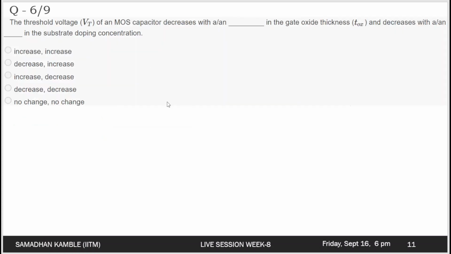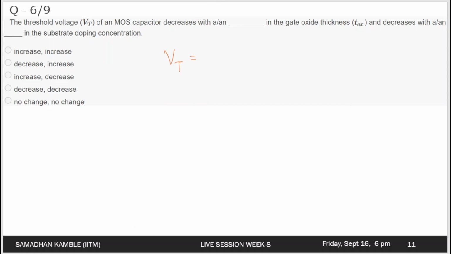Okay, again question number 6 is also a conceptual question, but an easier one. So the question is, the threshold voltage Vt of a MOS capacitor decreases with increasing or decreasing the gate oxide thickness, and decreases with increase or decrease in the substrate doping concentration. Okay, so we saw that the Vt is given by,